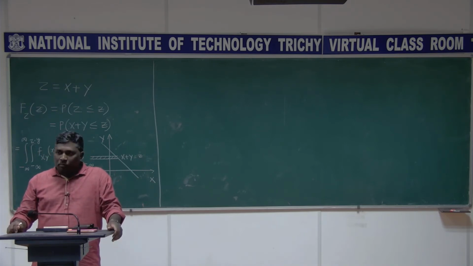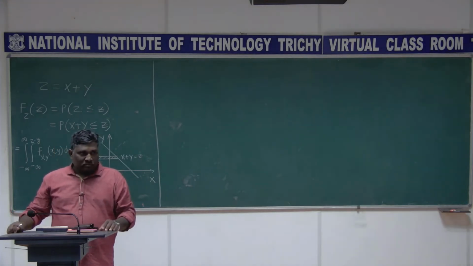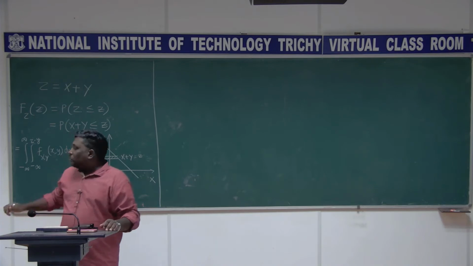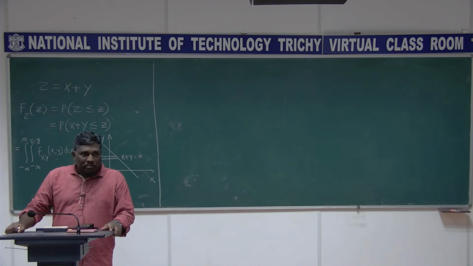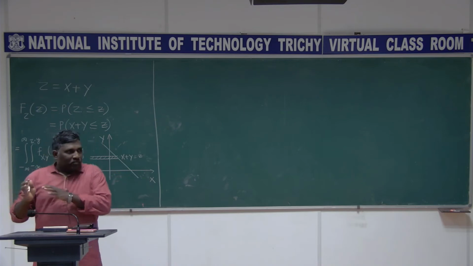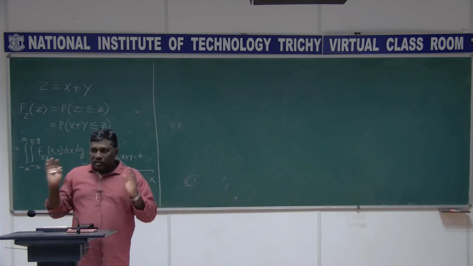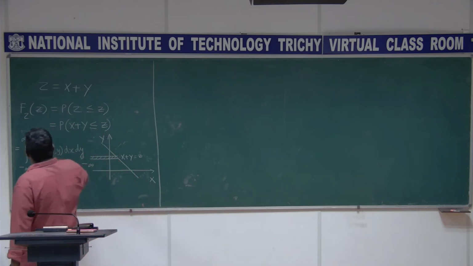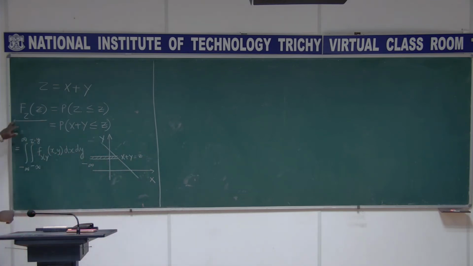As you already know, for the probability associated with the random variable Z, you have to look for the region of X and Y that satisfies that condition, and the probability associated with that region is the same as the probability associated with the random variable Z. So they are equivalent. But now the question is how to find the density function. We have this distribution function F_Z(z), and this is what we got. Now we need f_Z(z).